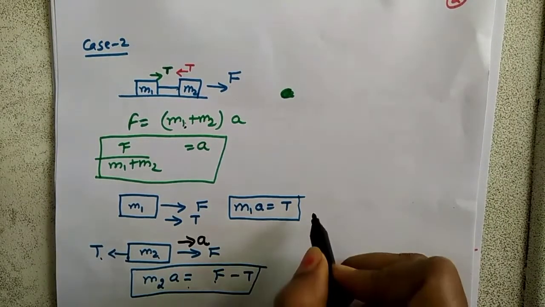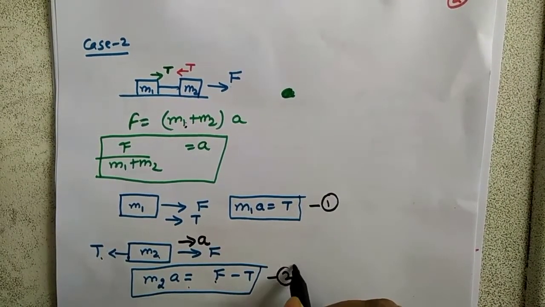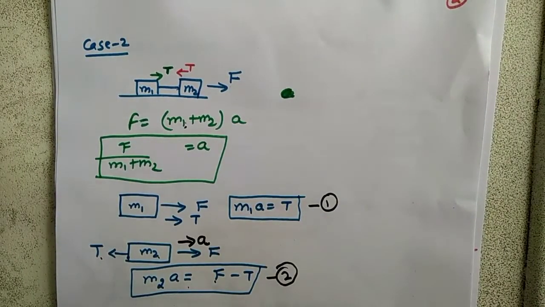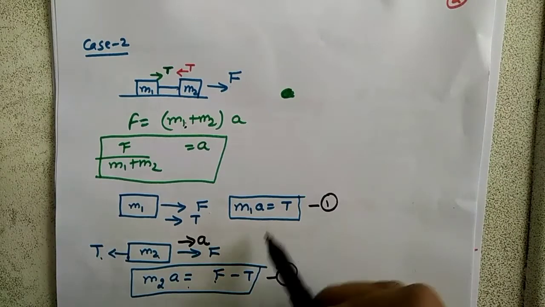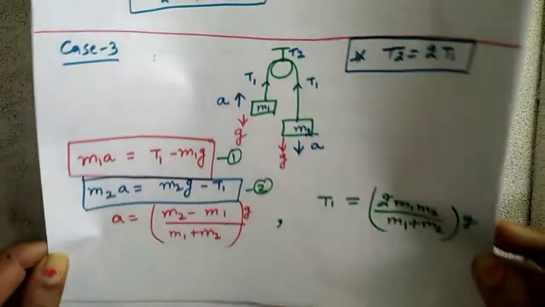And again, if you notice, by solving equation number 1 and 2, I will find the same value of acceleration, which I could have anyways found by the shortcut method. But if you want to find the tension, then you have to write these two equations. Next case we have is